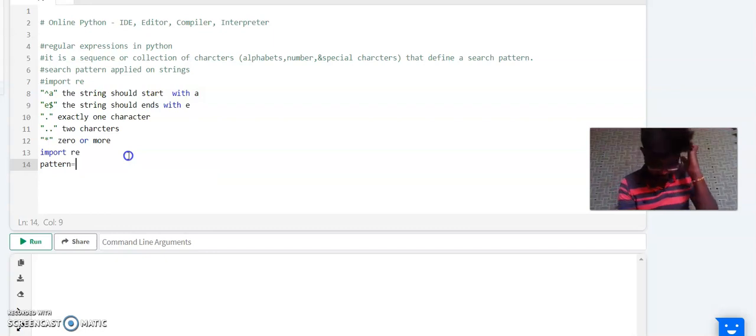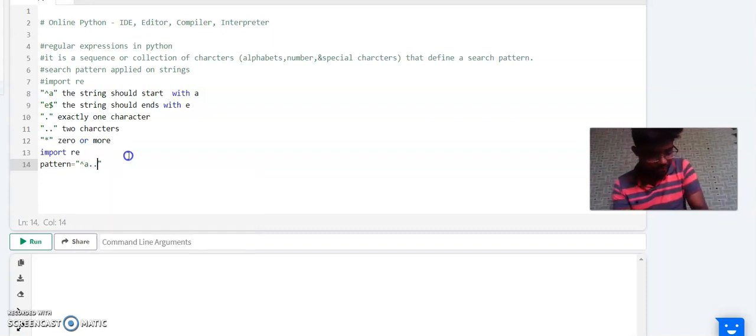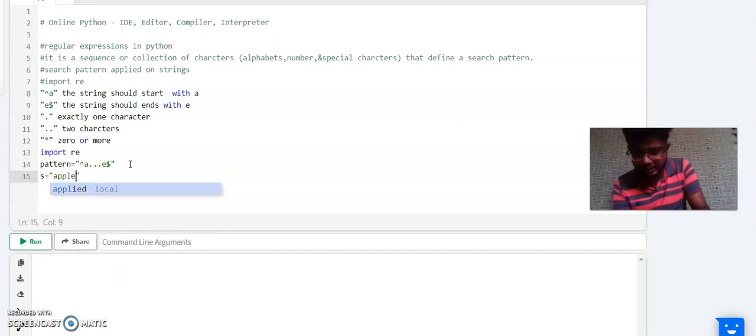Pattern equal to: the pattern should start with A, then three dots, that means there will be exactly three characters after A, then E dollar, so it should end with E. Next, s equal to, that means string equal to. I'm taking some string. String equal to APPLE, that is apple.